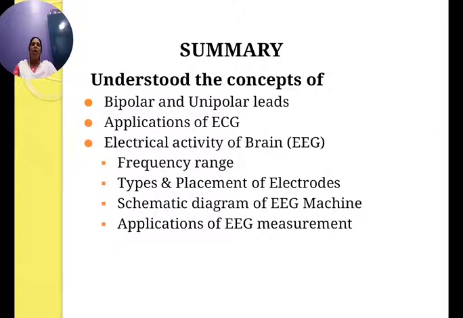Unipolar leads are augmented leads and chest leads. They have a single positive electrode, and you utilize a combination of other electrodes to serve as a composite negative electrode. The difference is that bipolar leads are standard lead systems, the Einthoven system, while unipolar leads are the augmented unipolar lead system.